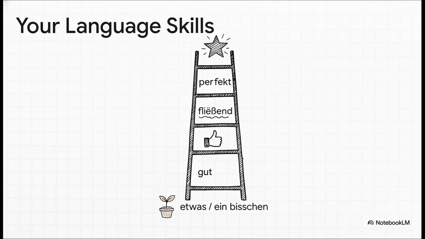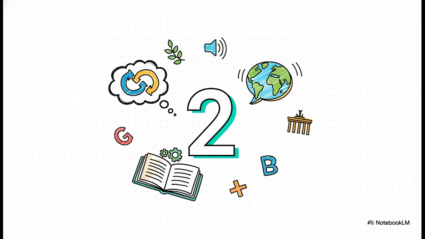This little ladder here is how you can answer honestly. Look, maybe your German isn't perfect, and that's totally okay, but your goal might be to become fließend, which is fluent. For right now, maybe it's just gut, or you only speak etwas, just a little bit. This gives you the power to describe your level accurately. And hey, it's not just about how well you speak German. You can talk about your whole language background. For example, if you speak two languages, the word you're looking for is zweisprachig, bilingual. It's a great one to have in your back pocket.